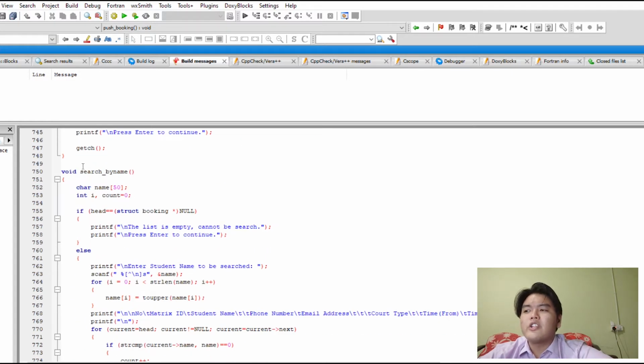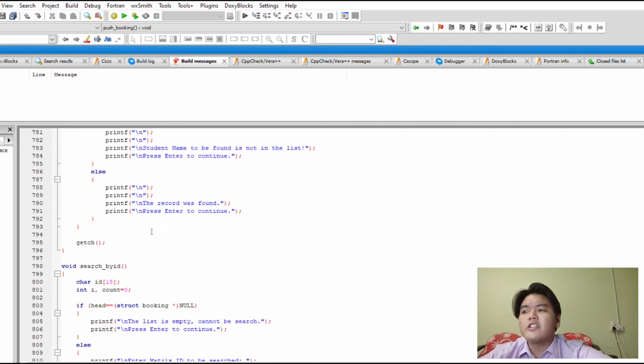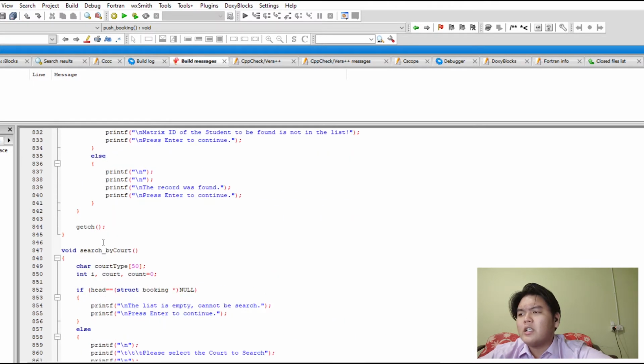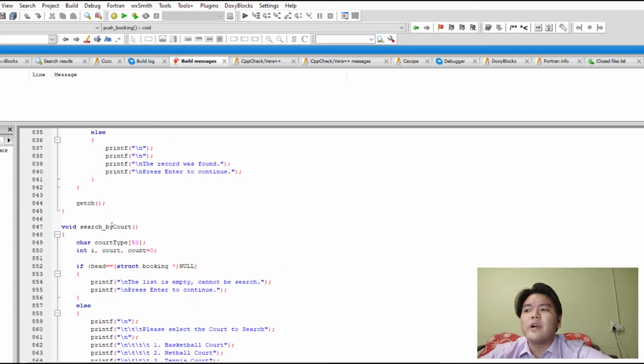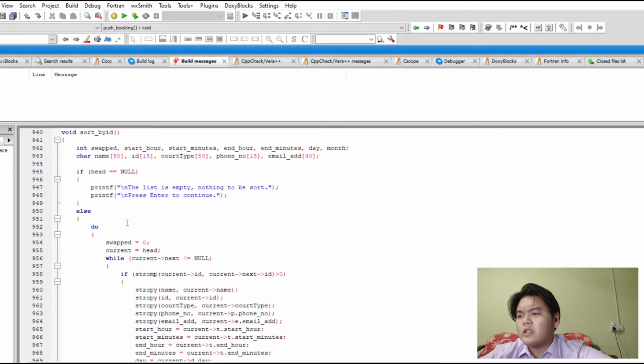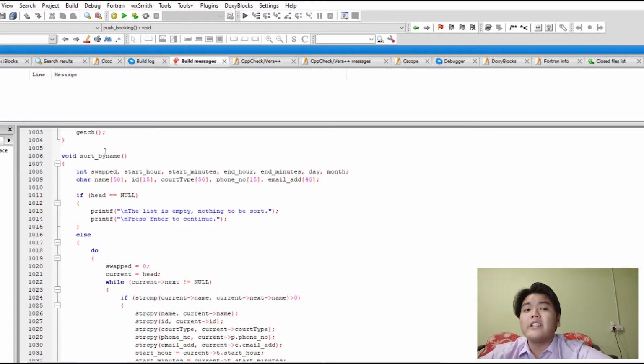And this is the search function by name. This is the search function by ID. And this is the search function by code. And this is the sort function by ID. This is the sort function by name.